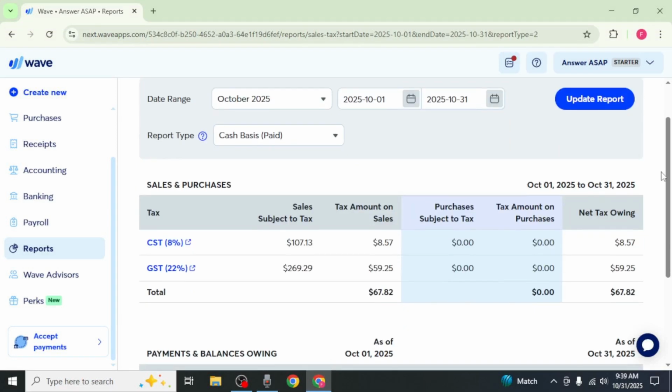The main section of this report is divided into sales and purchases. The first column shows the tax type labeled for each line. The next column, Sales Subject to Tax, displays the total amount of money on which the tax was calculated, not the tax itself. The following column, Tax Amount on Sales, shows the taxes applied to your sales, including a net